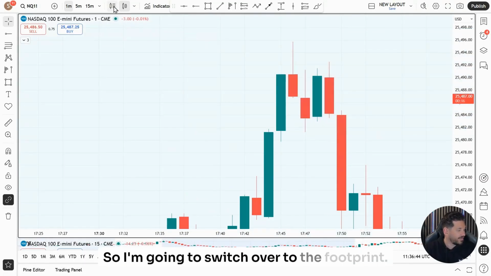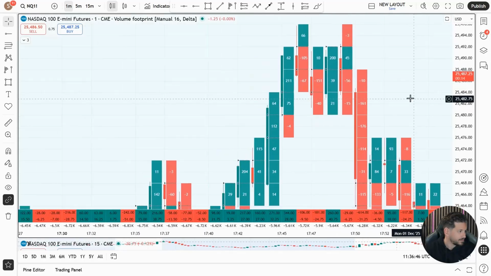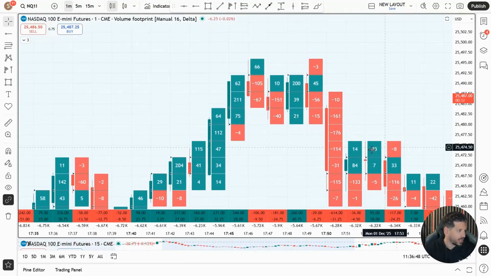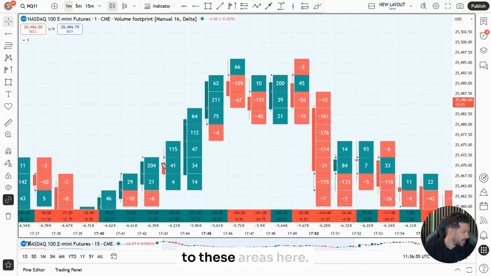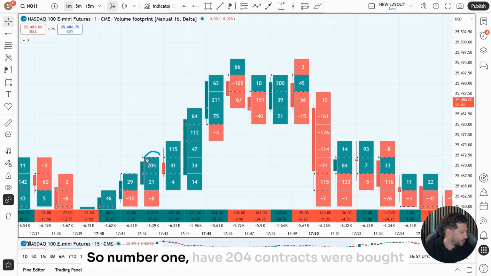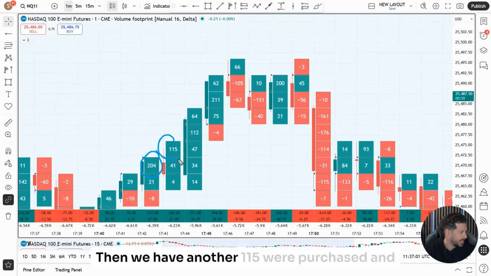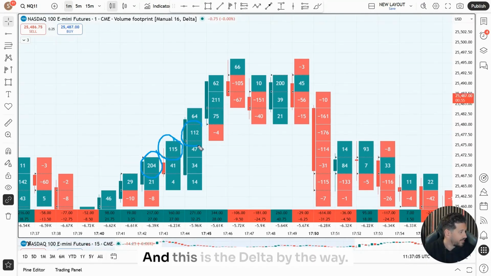So I'm going to switch over to the footprint, and here we go. So what do we see? Number one, I want to direct you to these areas here. So number one, we have 204 contracts bought here. And then another 115 were purchased, and then another 112, and this is the delta, by the way,